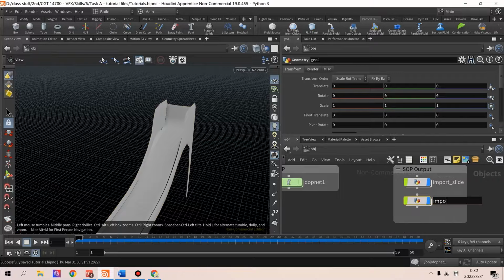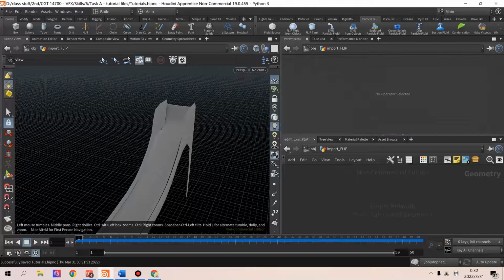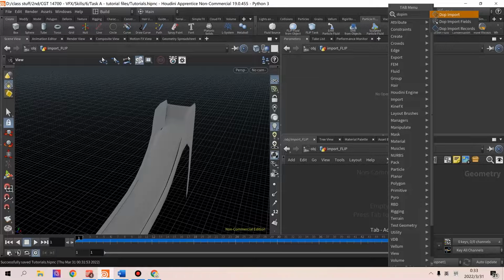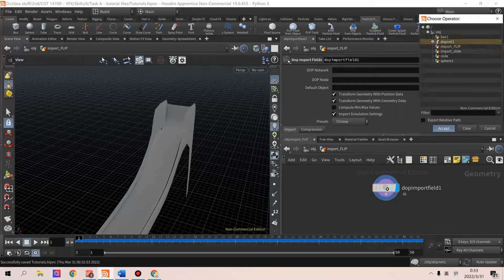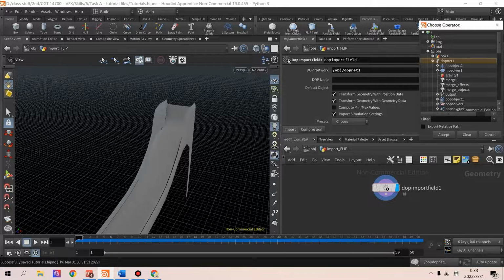And for things that are going to interact with the objects, like fluid, particles, and smoke, we want to use another kind of node called DOP import fields. For this node, we first need to specify a DOP network, which is DOPNet1 we just created here. And the second is the DOP node that we are going to retrieve our data from, which is, as we've talked